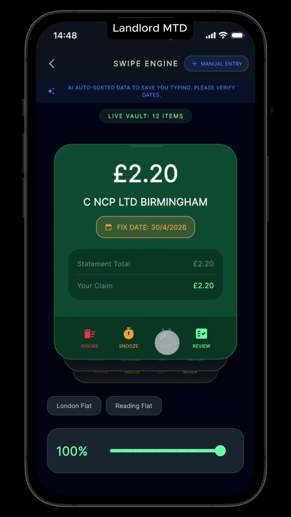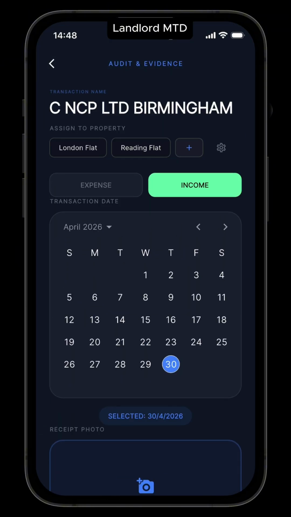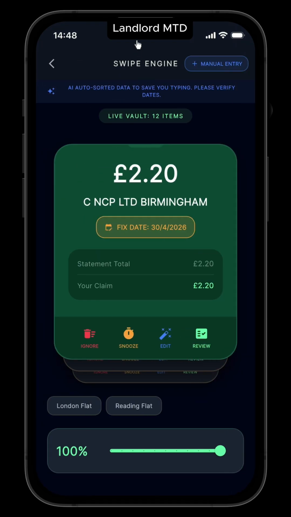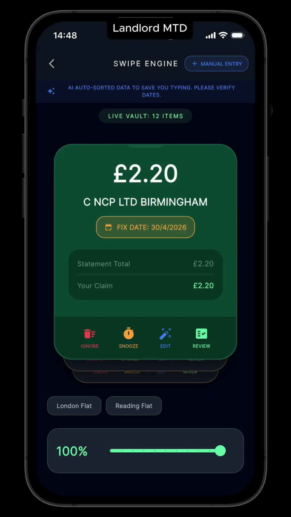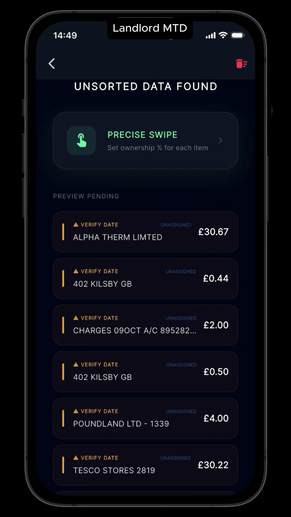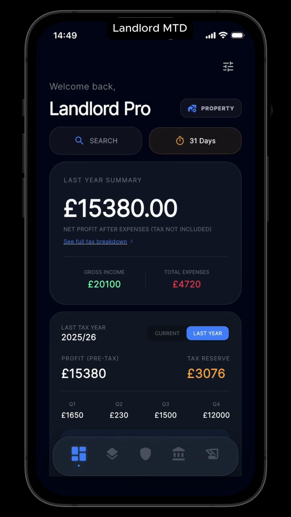Even when importing with AI or CSV, you still have full control over every entry before saving. You should always check the dates, categories, amounts, and assign properties to make sure everything is correct. You can edit entries manually at any time before saving, giving you complete control and maximum accuracy. For most landlords, manual entry is still the easiest and most reliable option, especially when managing only a small number